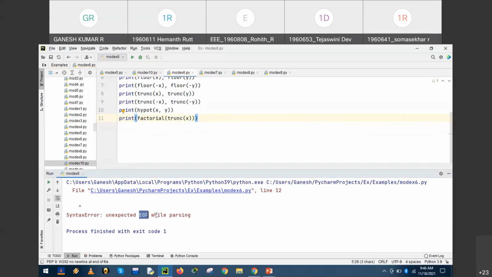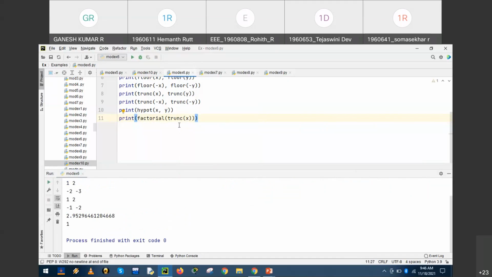EOF means end of file while parsing. So the number of open and close parentheses should match, right? We can learn from the error statements. End of file parsing means that it is not closed properly. So count the number of parentheses or brackets or commas and ensure they are matched.